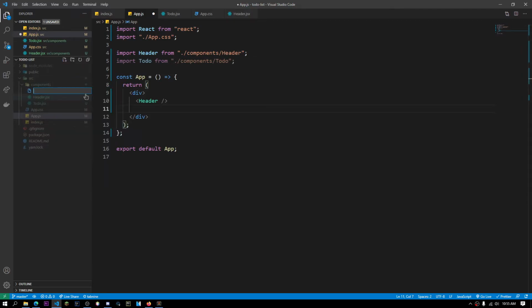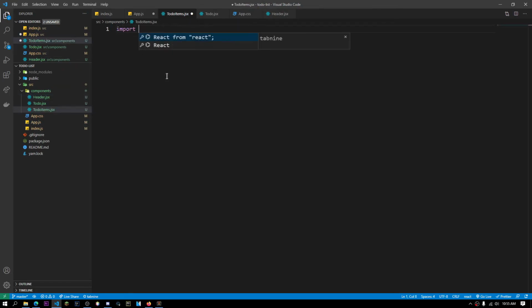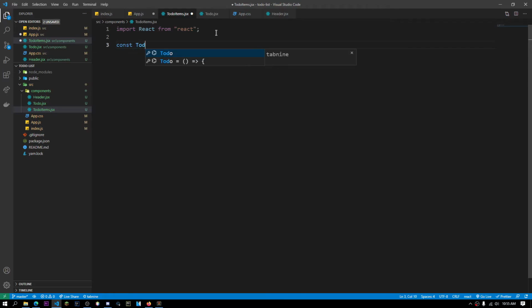So we could make a component called to-do items.jsx, and then we could just import React from React, and this to-do items.jsx would be basically like a container for all of the to-do items. So all the to-do items here will be inside this list. So you could do something like const to-do items,